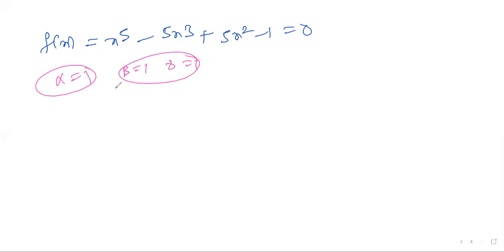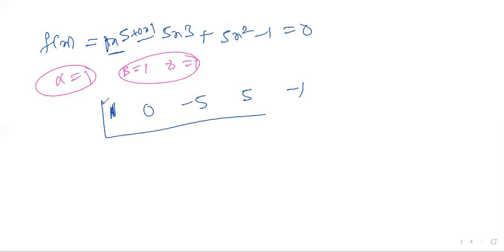So what I have to do is take the equation first. Write the coefficient of x power 5, which is 1. What about x power 4 coefficient? Nothing is there, you treat it as 0. Then 0, minus 5, 5, minus 1. Clear? Yes. Now take 1. Okay, it is 0. 1 1s are 1, 1, 1 minus 4, 1, 1, 0 gone.